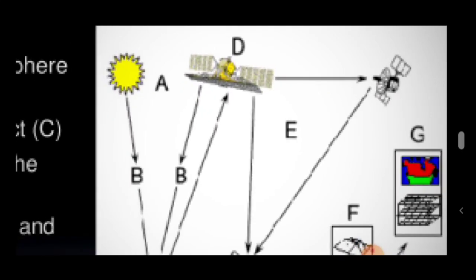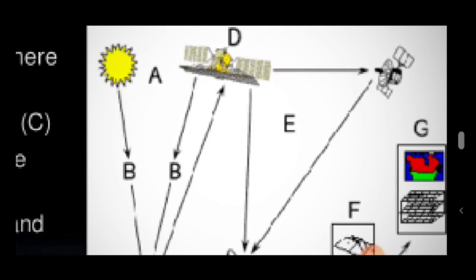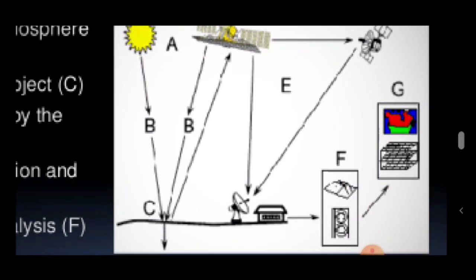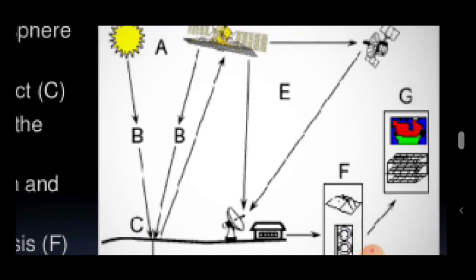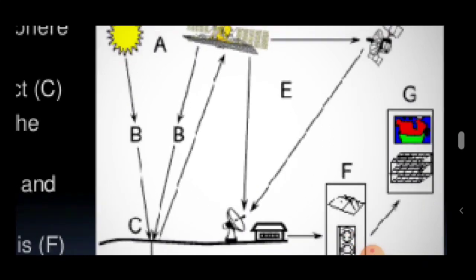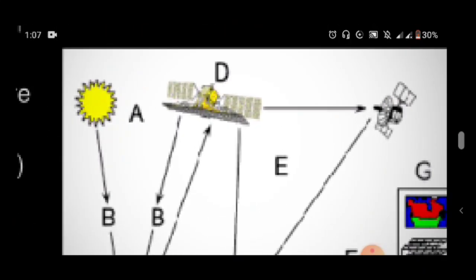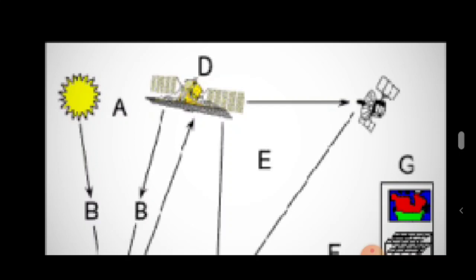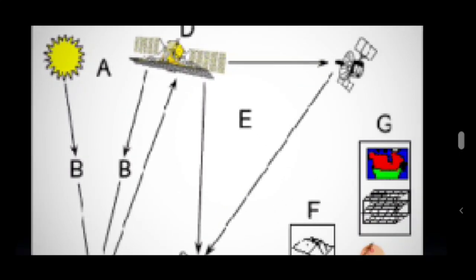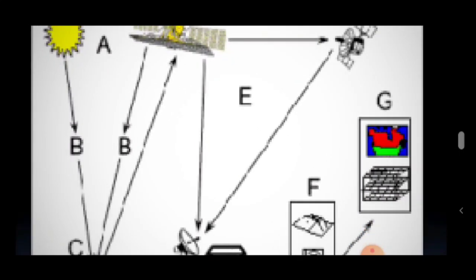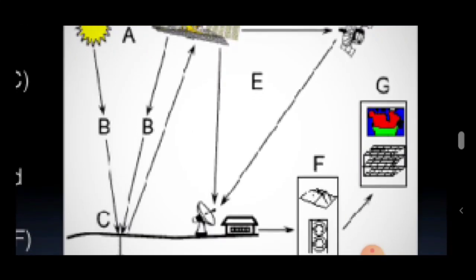If you want me to repeat: energy source, atmosphere and radiation, and also interaction with target, and the 4th stands for the sensor, data collection from the sensor, recording done by the sensor, and also after that recording, collecting the electromagnetic radiation was done, then energy